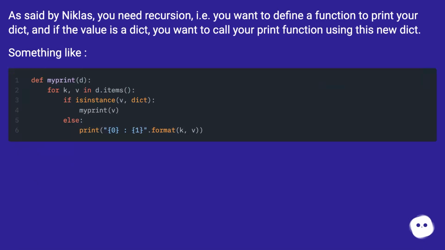As said by Nicholas, you need recursion. You want to define a function to print your dict, and if the value is a dict, you want to call your print function using this new dict. Something like